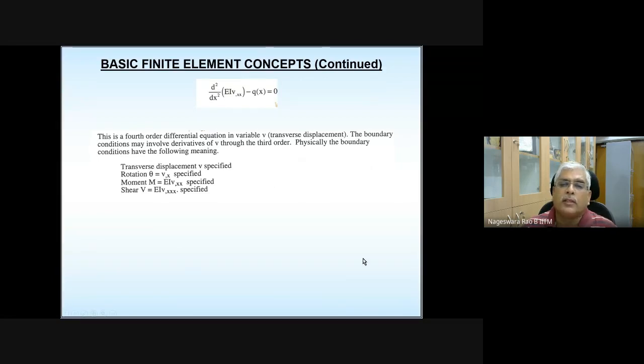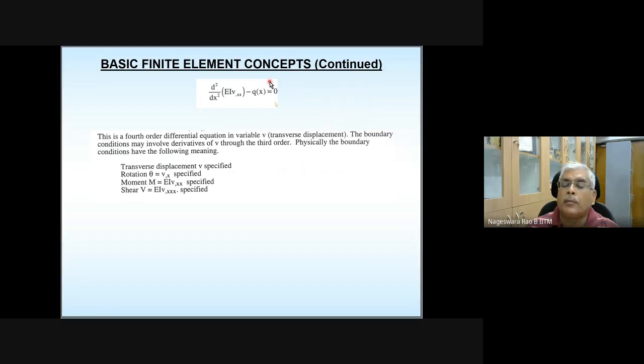Okay, so this is the governing differential equation, and if you want to develop finite element equations, the first step you need to follow is either you adopt the variational approach or the Galerkin approach, and derive all the equations. Okay, so here, let's follow a variational approach. So this is the starting point, the governing differential equation.